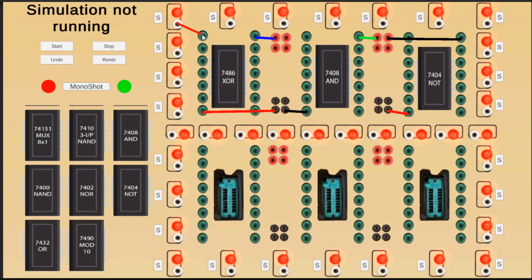To begin with, I'll be taking two inputs A and B and feeding them into the XOR gate. The output of the XOR gate is complemented and the complemented value is fed here. This would remain set if A is equal to B. To implement the other two cases, where A is greater than B and A is less than B, I would